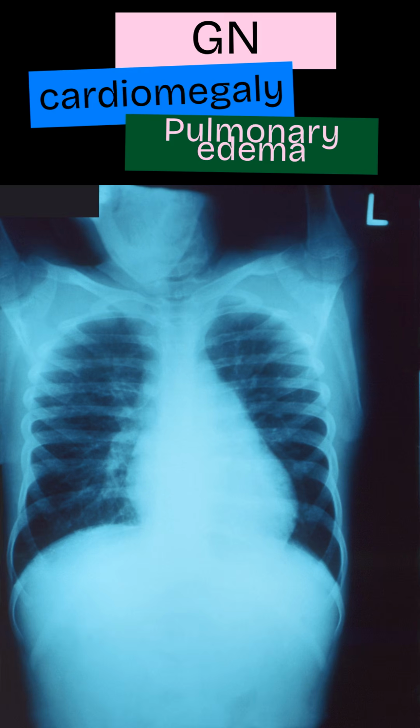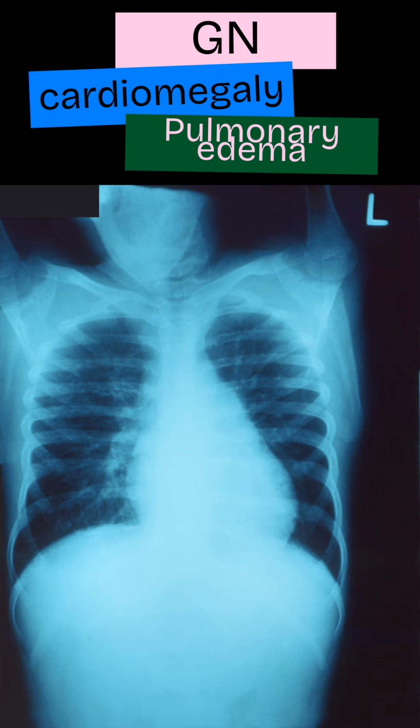This 12-year-old male presents with a classic triad seen in pediatric nephrology: acute glomerulonephritis, AGN, cardiomegaly, and pulmonary edema. On this AP chest radiograph, the cardiac silhouette is markedly enlarged, with a cardiothoracic ratio exceeding 0.5, indicative of cardiomegaly. The pulmonary vasculature is prominent, with cephalization of vessels and indistinctness of the hilar shadows, characteristic of pulmonary edema secondary